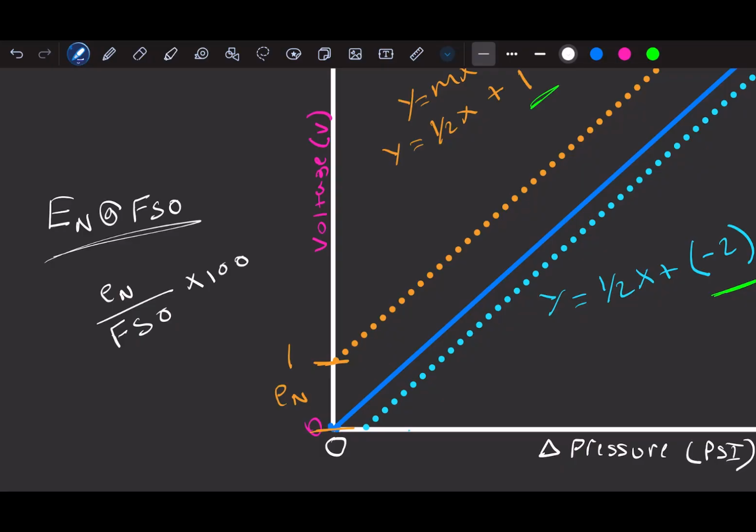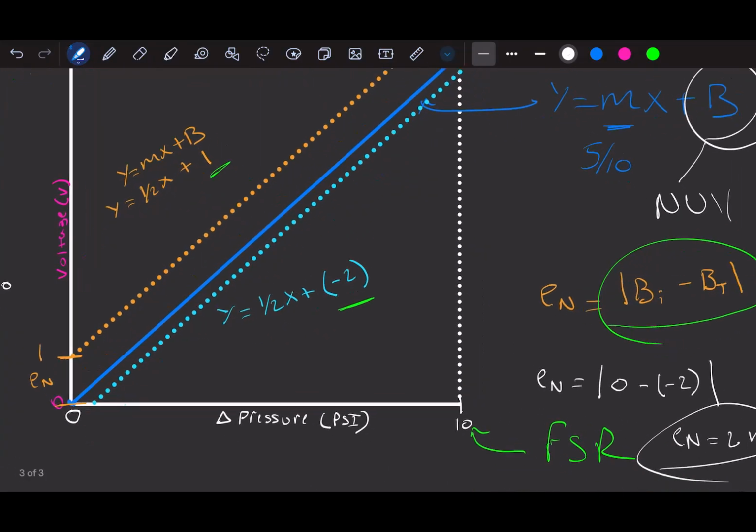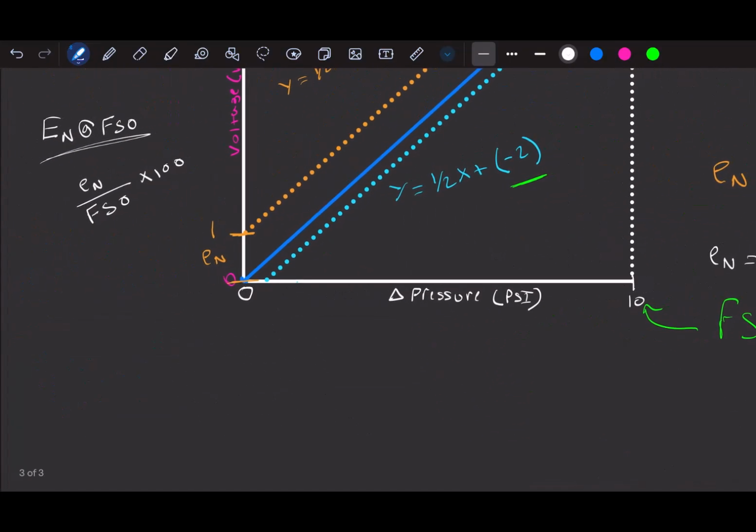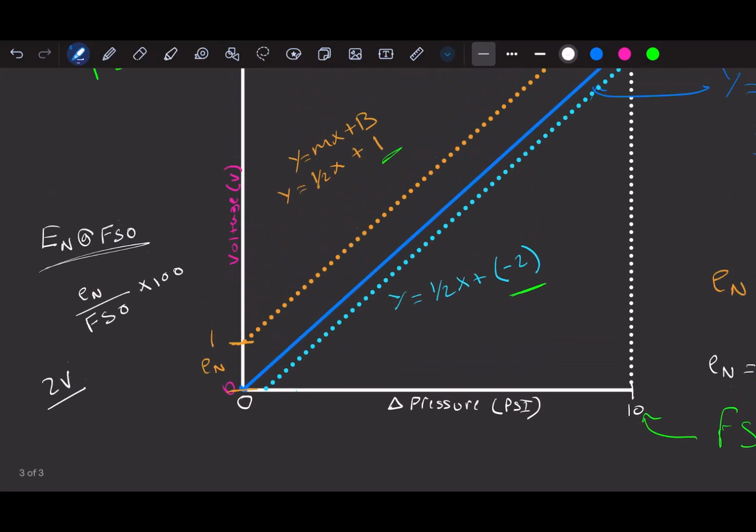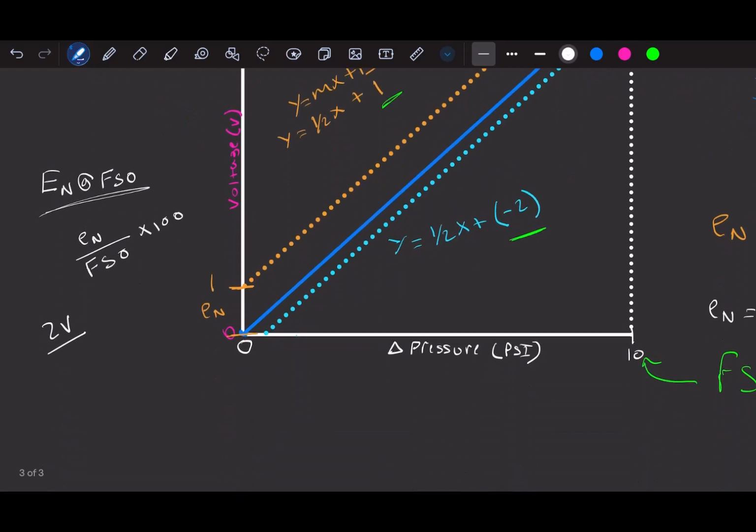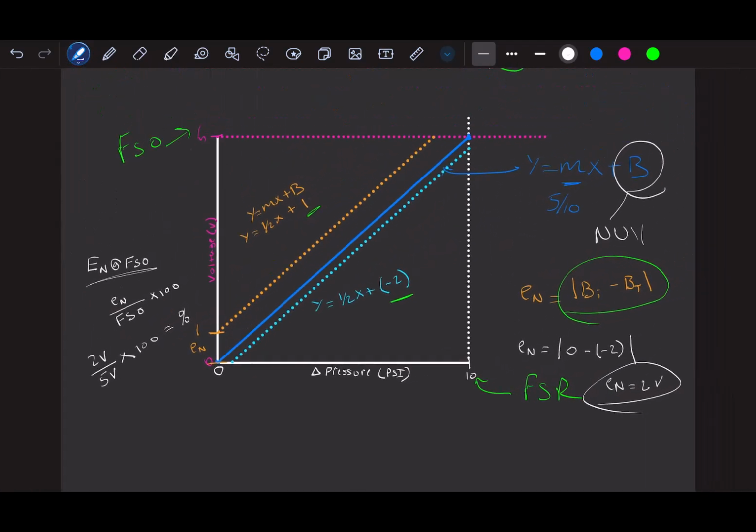So in this case, we have our error here of 2 volts, divided by our full scale output of 5 volts, and we would multiply that result by 100, and this is expressed as a percentage. And that's it. That's all there is to determining null error in one